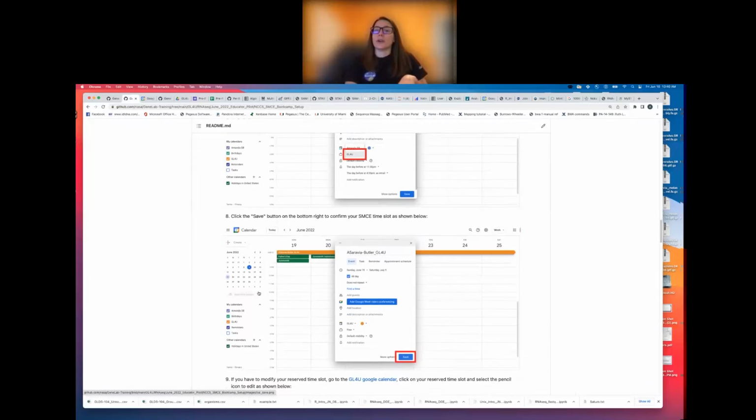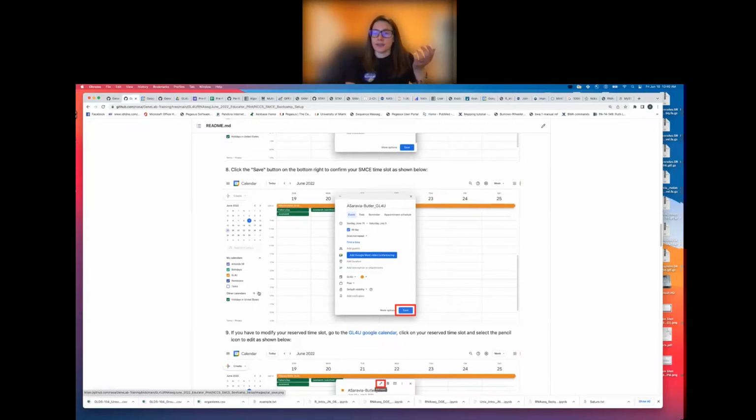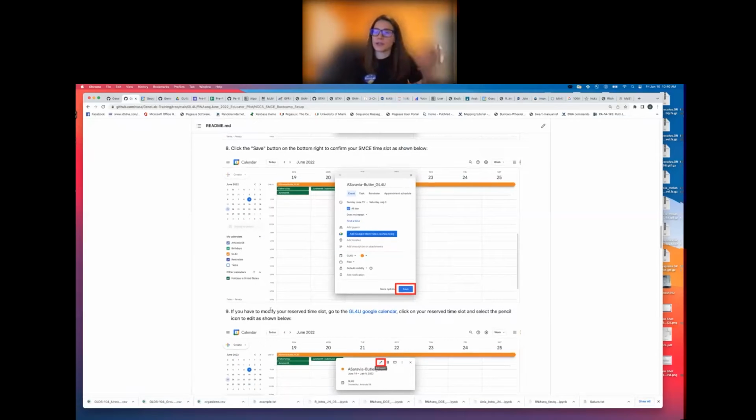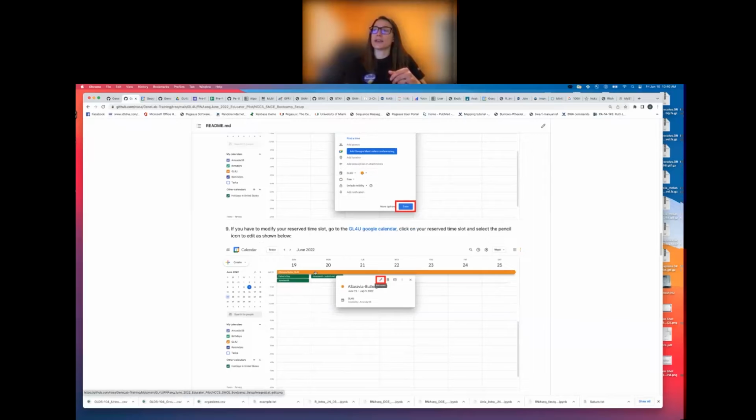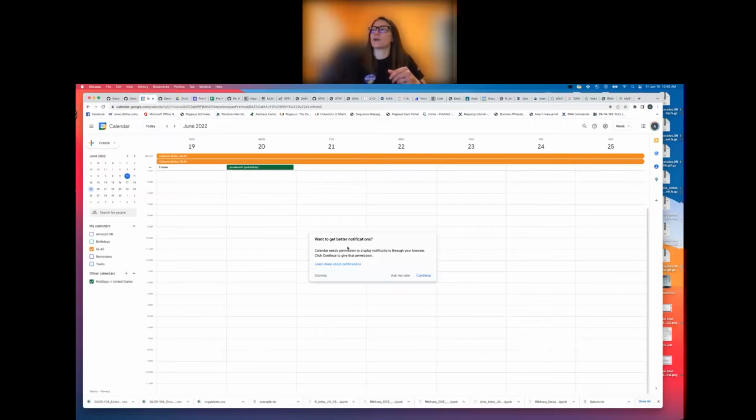Now, if you accidentally picked a time, or if you messed up in the dates that you scheduled, or if something came up and you're going to teach it at a later date or an earlier date, you can just go to the Google Calendar and then you just select your reservation and you click the little pencil icon, which will allow you to edit your event. So if I wanted to edit this,